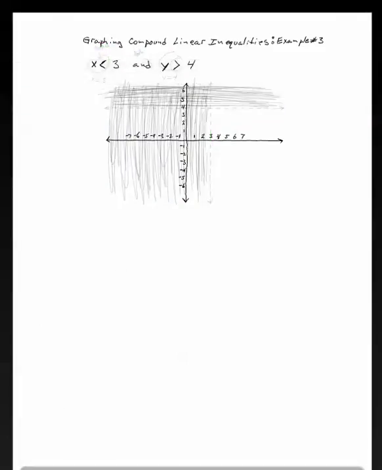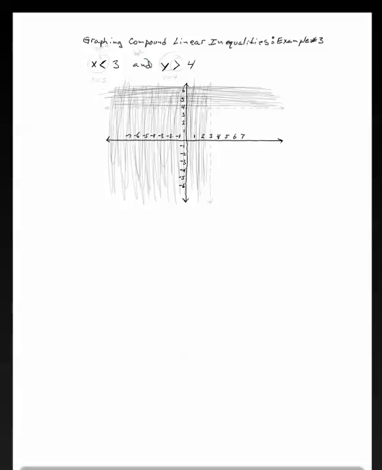So this is graphing compound linear inequalities example 3. Our problem gives us x is less than 3 and y is greater than 4. We know this is an intersection, so we want where the two shaded regions overlap. So the first thing we need to do is graph these two